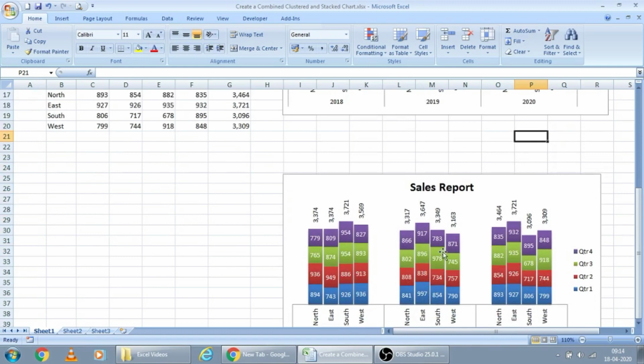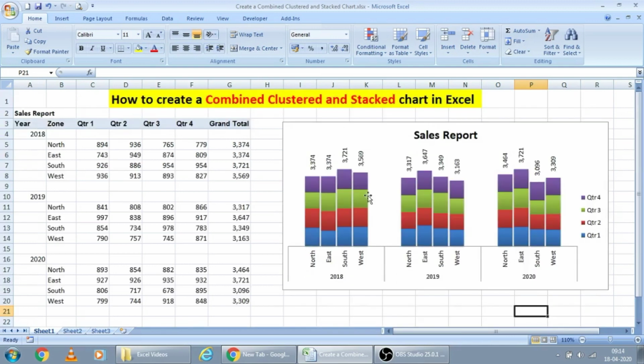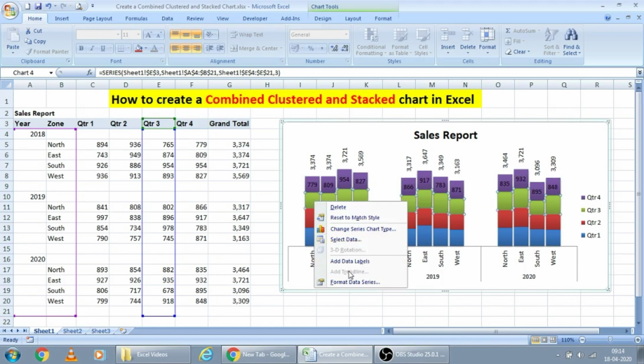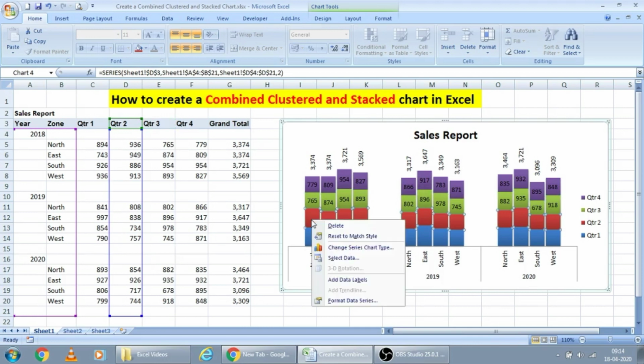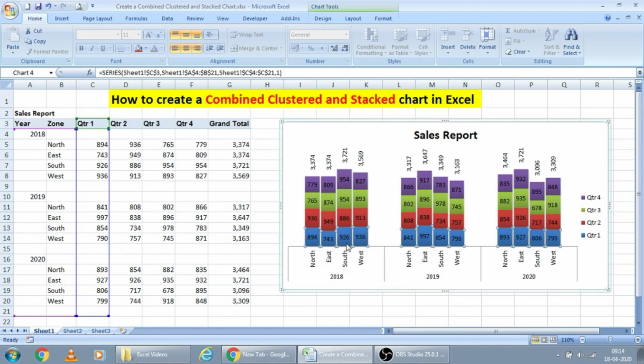Now the labels are pending, so let us add the data labels for each one. I am adding them for every series. Now, since the background color is somewhat dark, I am making the font color white.